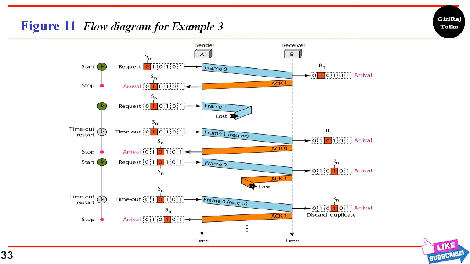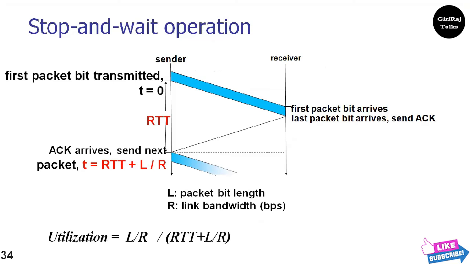The pipe is always there. If we do not use it, we are inefficient. The bandwidth delay product is a measure of the number of bits we can send out of our system while waiting for news from the receiver. So this is the procedure it is going to follow here. The time limit starts at 0, meaning the first packet is transmitted, and it waits for the acknowledgement. If it is not able to receive the acknowledgement within this time, it will be resent.